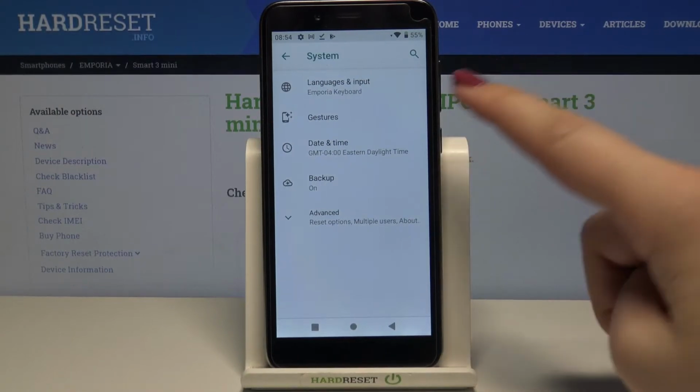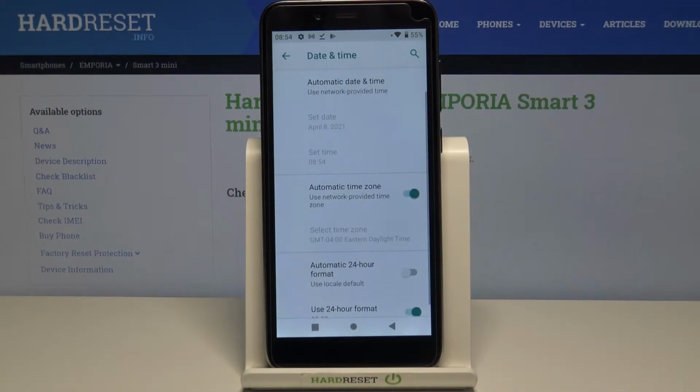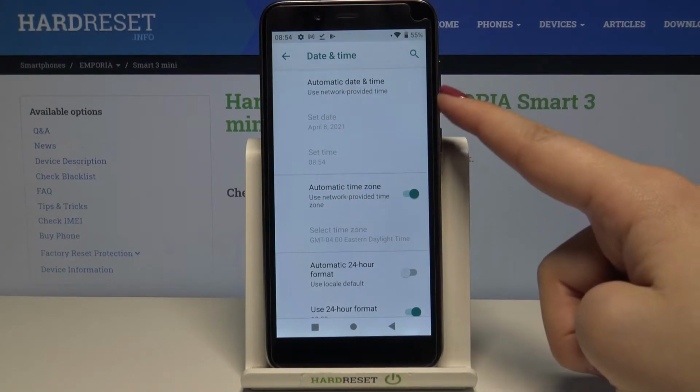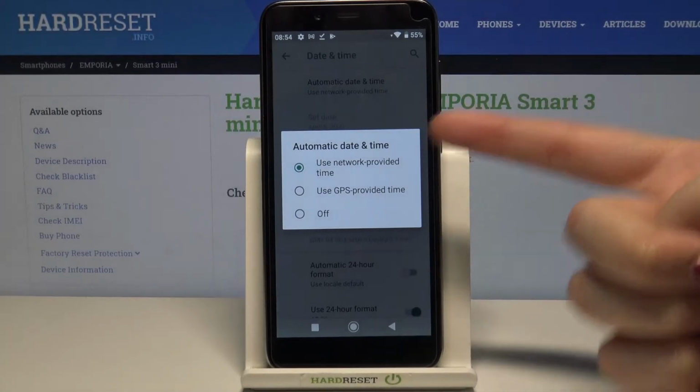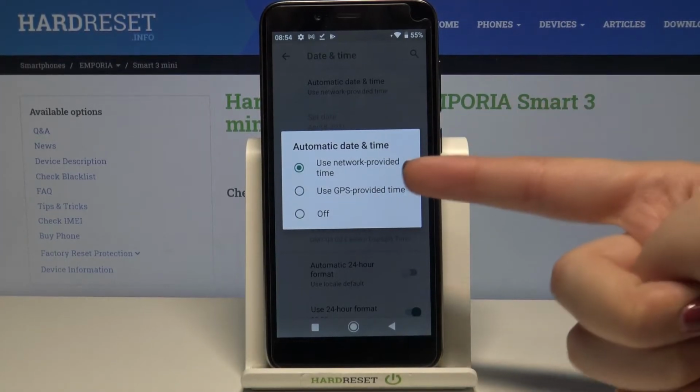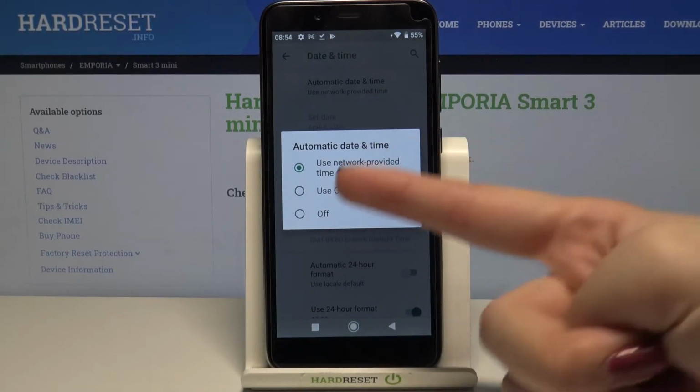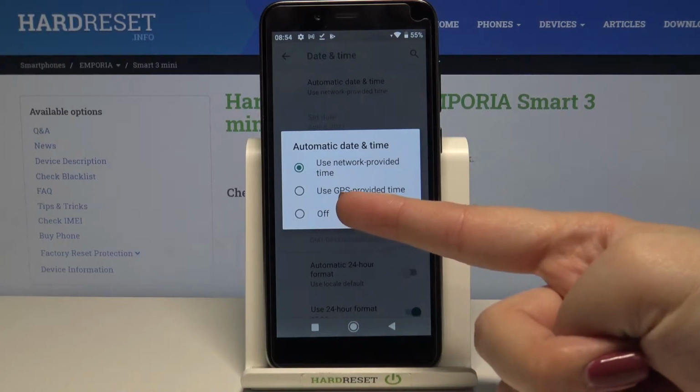On the third position we've got date and time, so let's enter, and as you can see here we've got some options which we can customize. Firstly, we can decide if we want to use automatic date and time just like here, and they will be network provided. We can use also GPS provided time